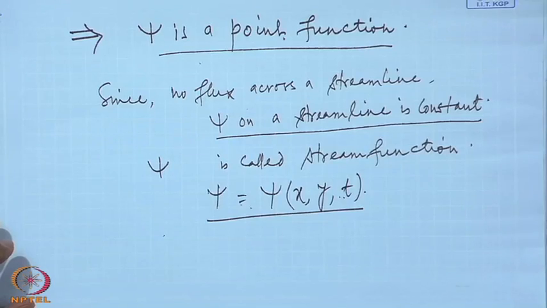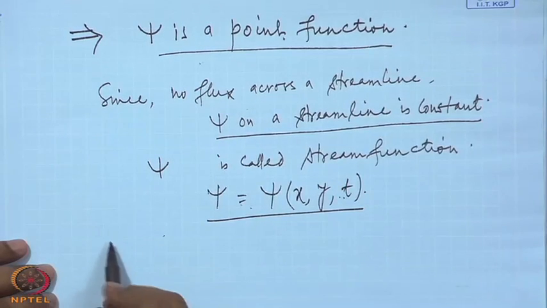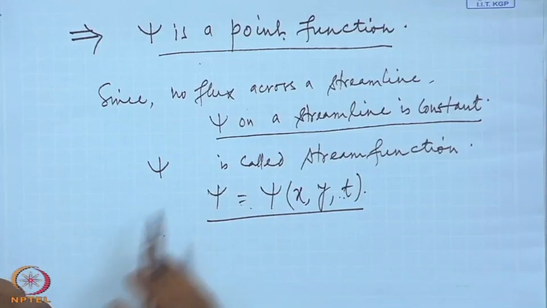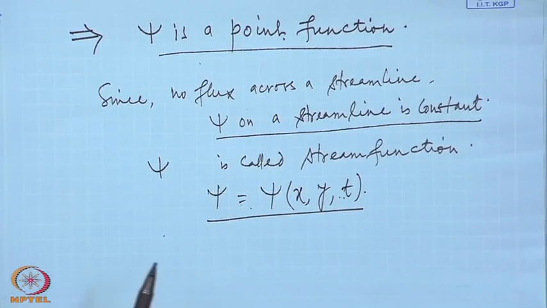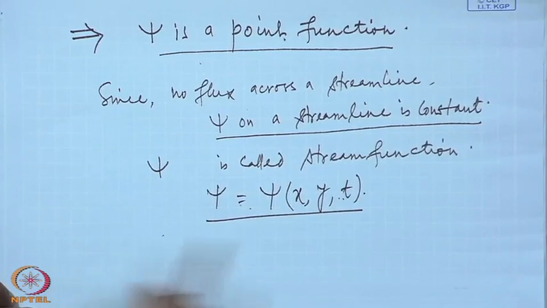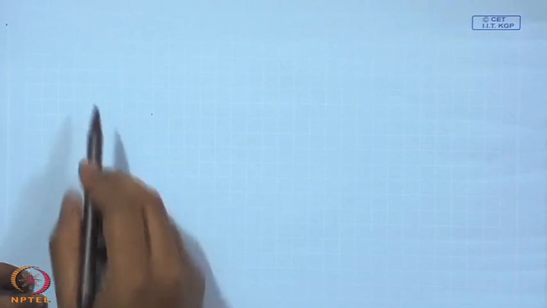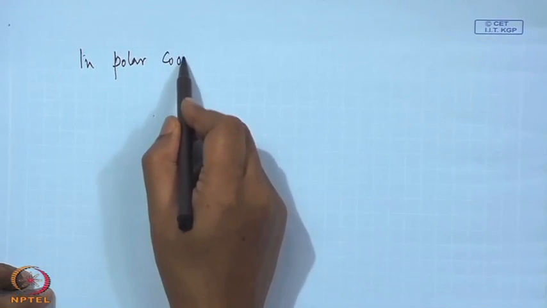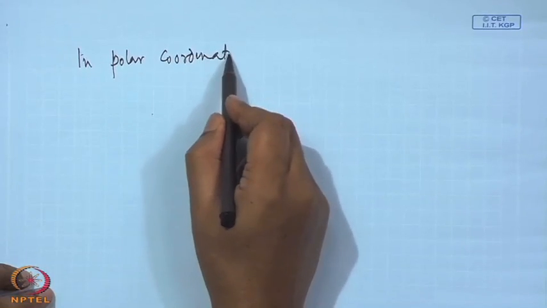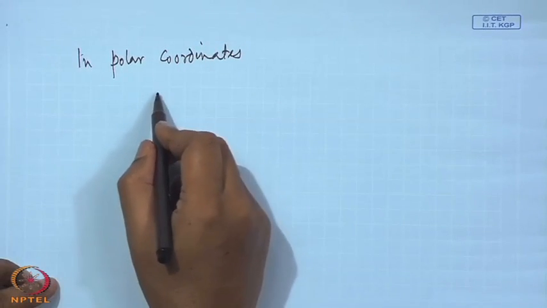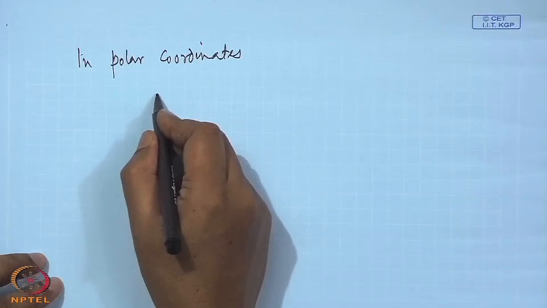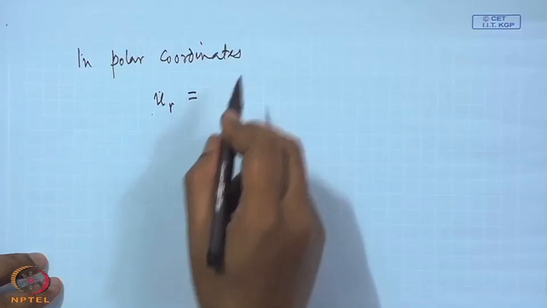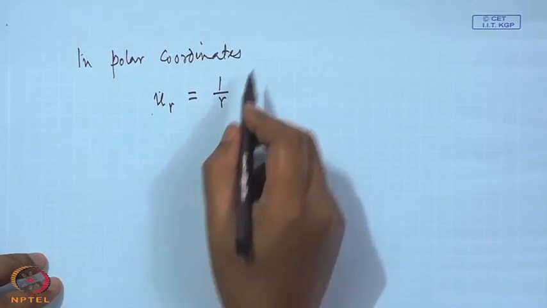For the r theta coordinate system, again you can define that volume flux exactly in the same manner, and the velocity components, let us say we call u r, u theta, the standard notation in polar coordinates. It is 1 by r